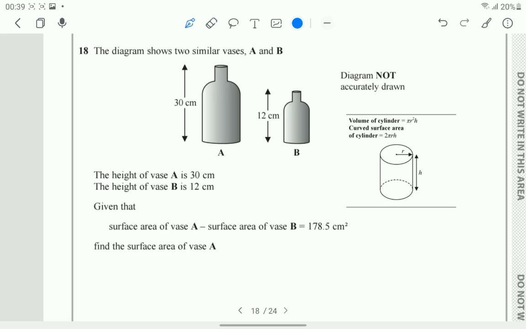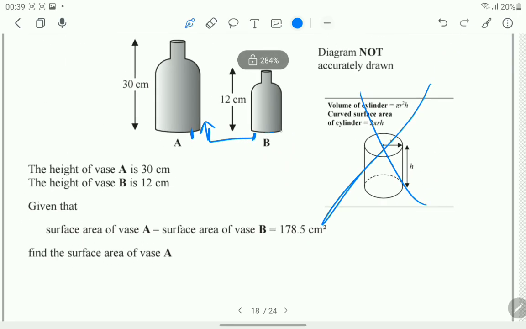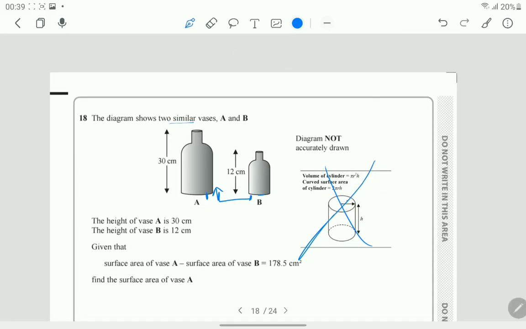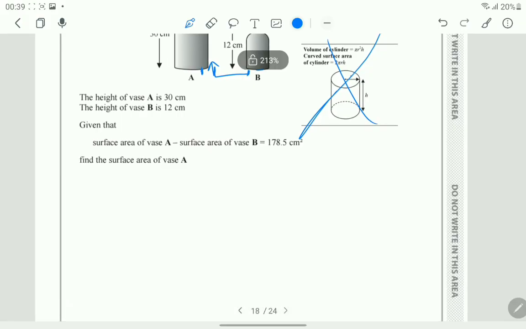Well, actually the opposite. This is getting subtracted from this because this is the smaller vase, obviously. Find the surface area of vase A. So now you might be thinking that this is relevant. No, this is not, since we do not have the radius of these vases. There is a very simple property about cylinders or similar shapes, I would say. Similar shapes have a property that their